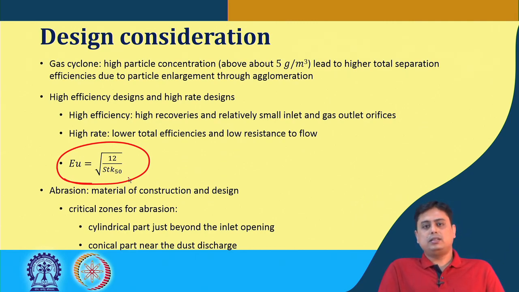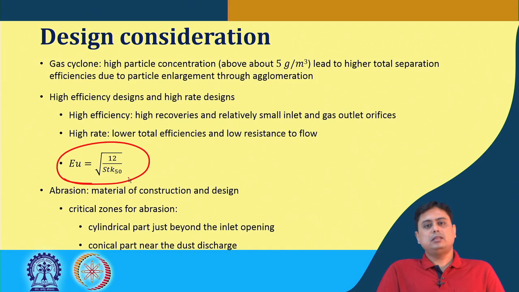The other important consideration: since very high flow rates or high velocities are involved, and particles are involved in the fluid phase, the abrasion of the material of construction has to be wisely chosen. Stainless steel is typically used, sometimes rubbery materials, because there are two main critical zones that are prone to abrasion more vigorously. One is the cylindrical part just beyond the inlet opening,